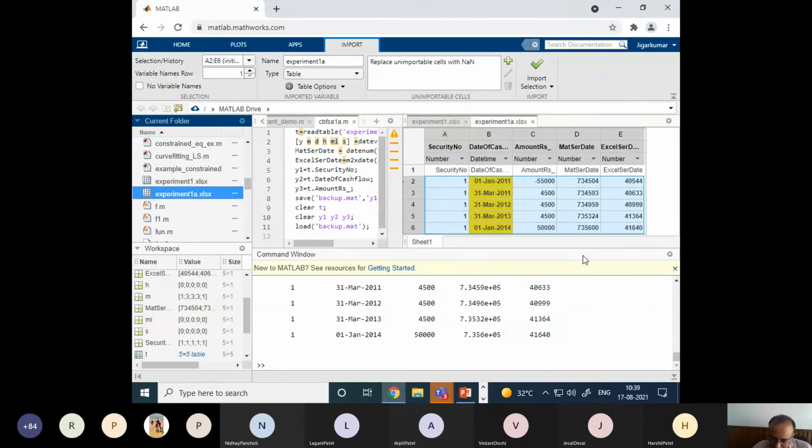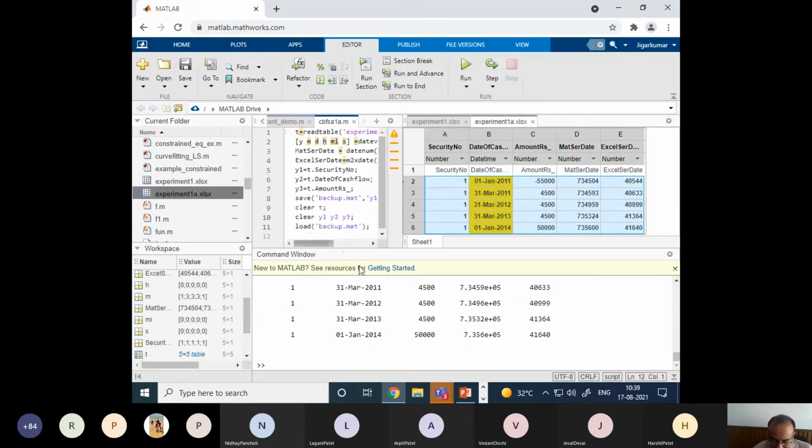But it should be clear to all of you. Tell me if there is any problem till this point, any point you are not getting. I have shared this program with you so you can practice. I have shared the experiment file. You can create your own Excel file also and practice. It's fun to do this with MATLAB. And you can see how easily MATLAB handles Excel, even CSV files. If you please, you can handle CSV files. So do experiment. Any doubt so far?